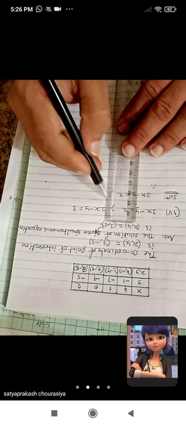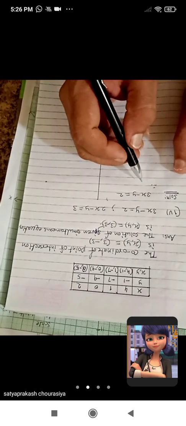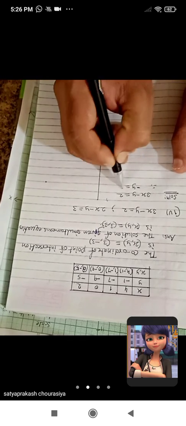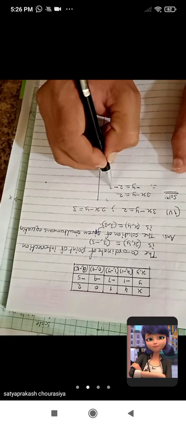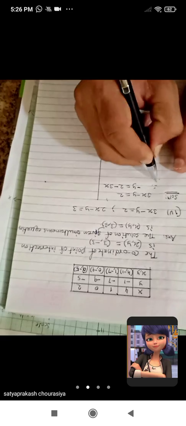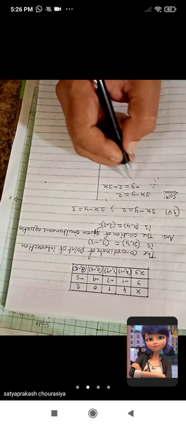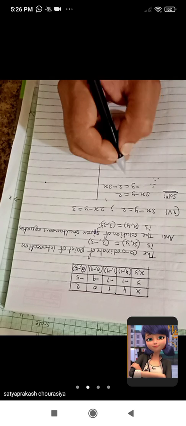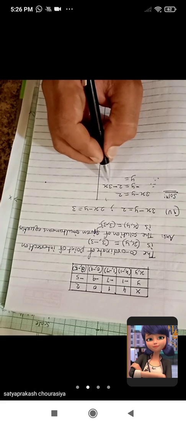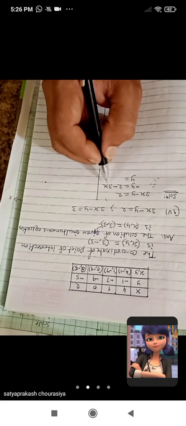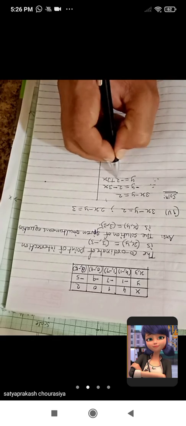क्या करना है आपको? गिवन इक्वेशन को अरेंज करना है. तो राइट इन द फॉर्म ऑफ द y. तो माइनस y is equal to 2. Now there is plus 3x. Bring it to the right hand side. So this will become minus 3x. Now make it positive. So here we have to multiply both sides by a negative sign. So this y will get converted into positive y, and this negative 3x will become positive 3x, and this 2 will become minus 2.